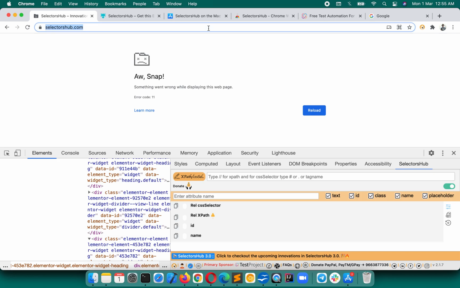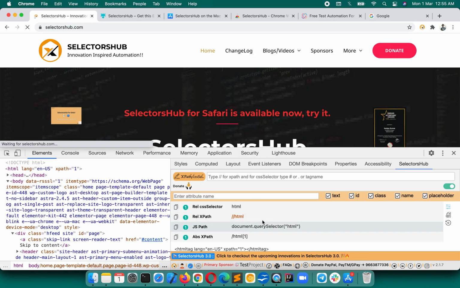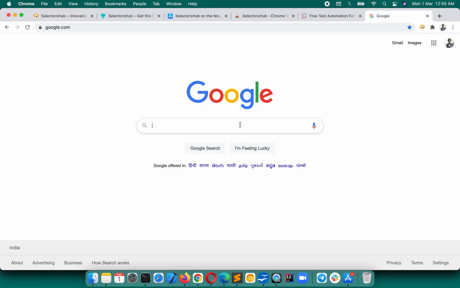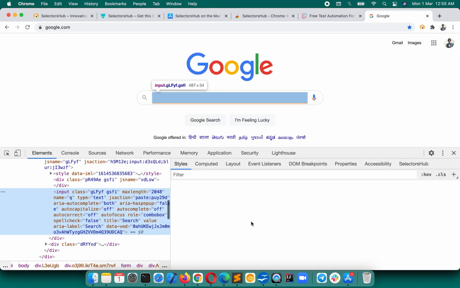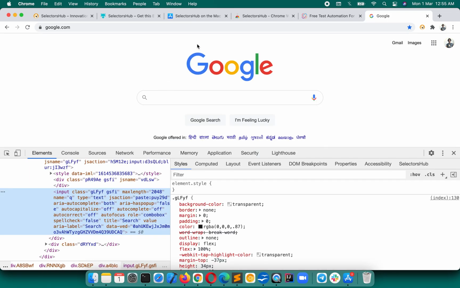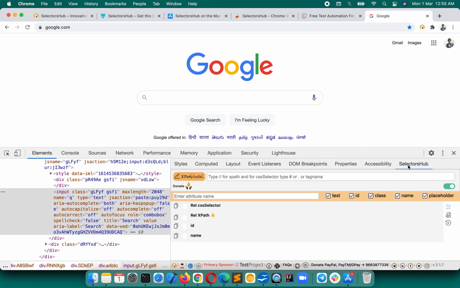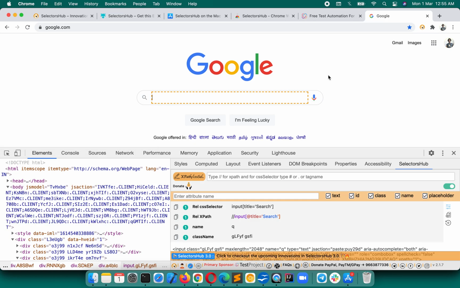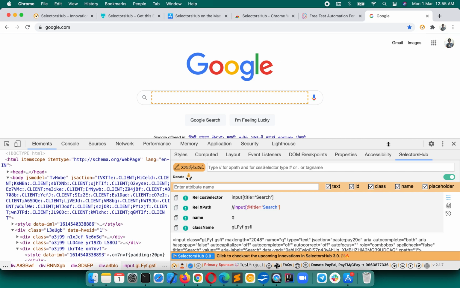Okay, and as you can see, at that time Selectors Hub was showing as blank, nothing was coming up, because that was the first time we installed Selectors Hub and we hadn't refreshed the page. So basically, when you install Selectors Hub for the first time, you will have to refresh the already existing tab. If we open it now, it will not work here, but once we refresh this page, Selectors Hub will start working as standard. So make sure that you refresh the existing tabs when you install Selectors Hub, and this is just a one-time process. From the next time onward there will not be any issue.